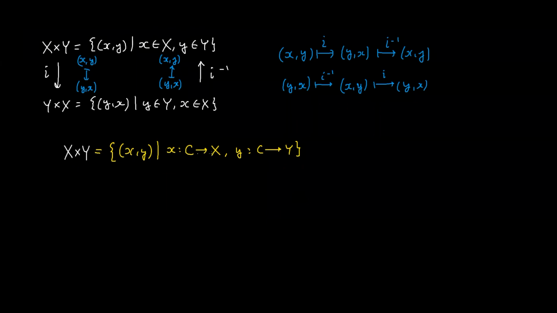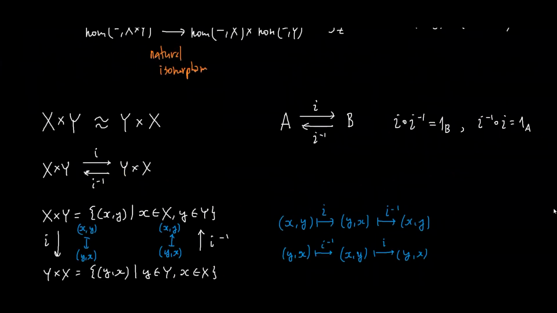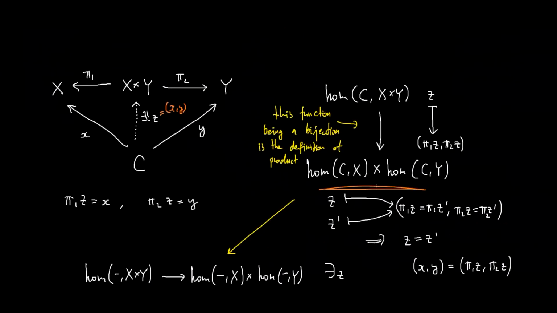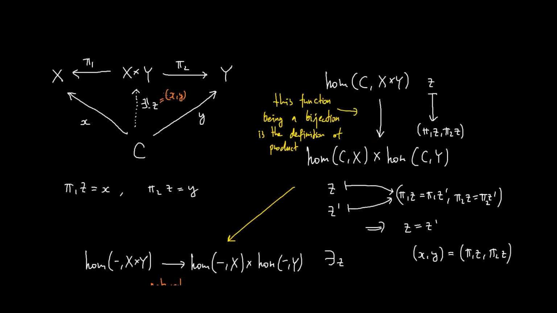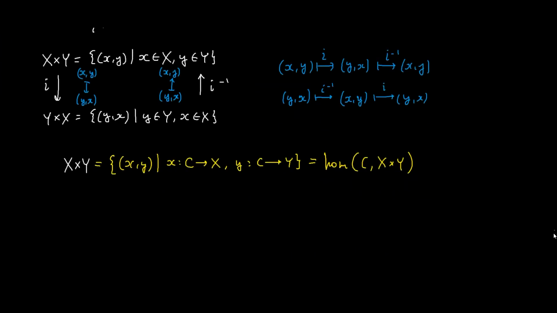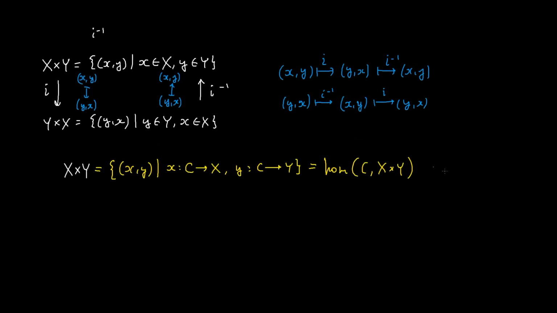But there is a C involved here, right? So maybe I should put a subscript C here, because what I'm really describing here is hom_C(-, X × Y). And to make this notation legitimate, because so far we only had a bijection between that and that, so we didn't have quite equality there, we can fix that problem by using the ordered pair notation for the unique Z that must exist here. And then this ordered pair xy indeed becomes a